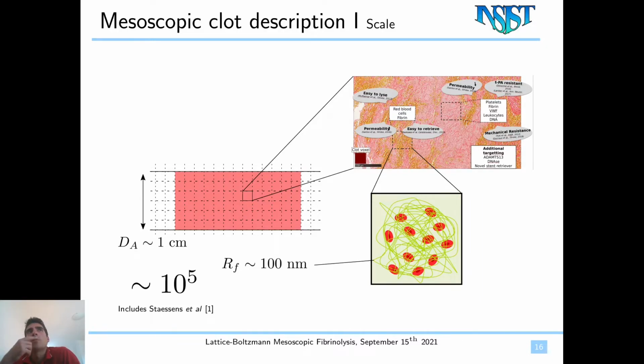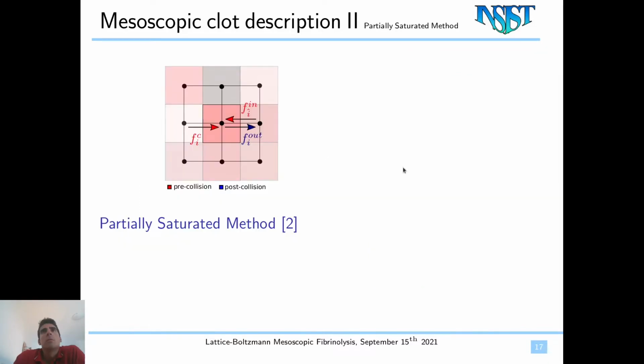That is why we chose what we call this mesoscopic scale of the clot, where our voxels in our simulation are of the size of hundreds of micrometers. Then, based on the content of these voxels, we will choose what will be the properties of the flow through this voxel. So what we use is a method called the partially saturated method or partially bounce back method,